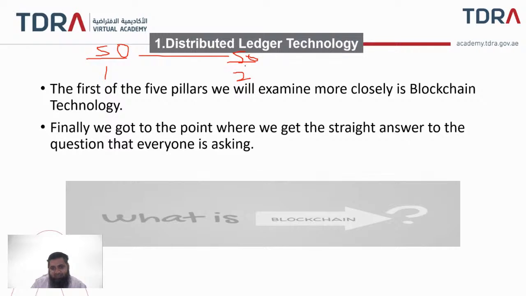Similarly, when this person sells the cars to the customers, and there are two different customers who have two different cars, this is customer A and this is customer B. This information is present in this ledger. So this information is also updated in the manufacturer's ledger. So in this way, the ledger is distributed